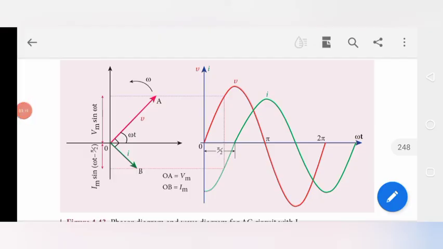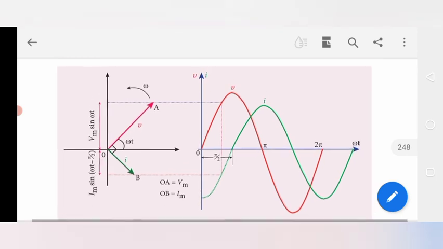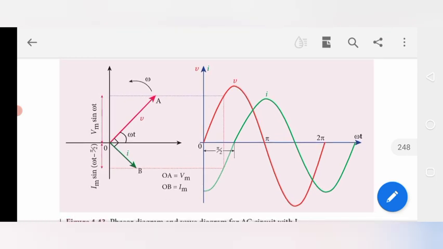So in this phasor diagram you know all the parameters here. That is the x-axis and y-axis. The y-axis represents the voltage and the x-axis represents the omega t value, and we have to draw the current and voltage wave diagram here. The red wave represents the voltage, that is, we are giving the alternating voltage to the circuit. And the current produced in this circuit lags by 90 degrees. Here the dotted line gives the lagging value, that is pi by 2 here. It lags and passes through after the voltage.